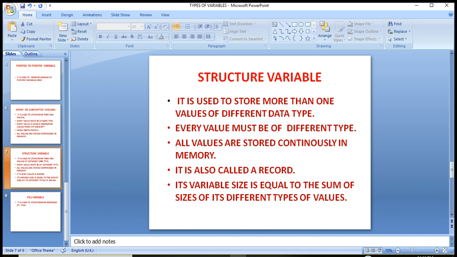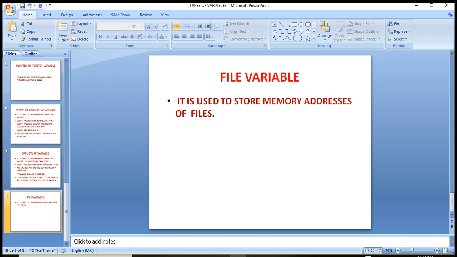Next is the file variable. A file variable is used to store the memory address of files. We know every data is stored in computer memory, and every data has a particular address.